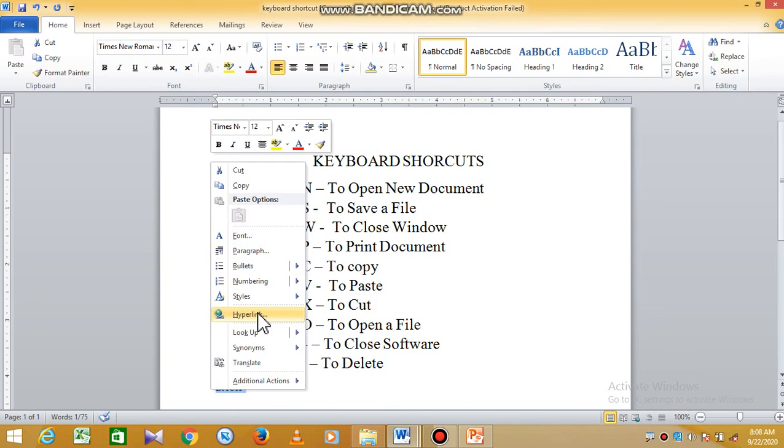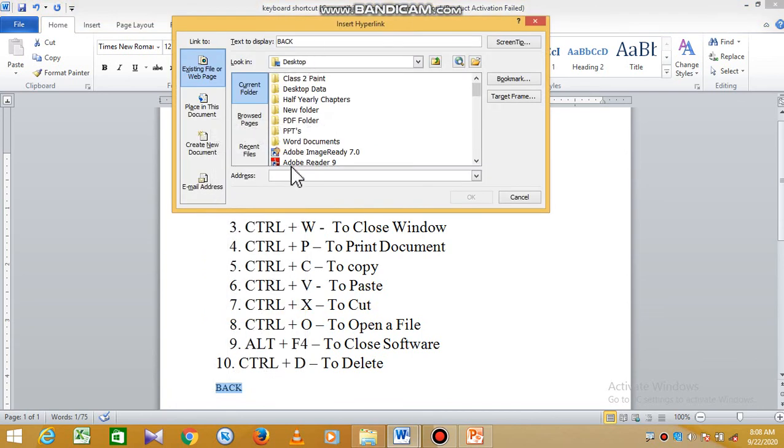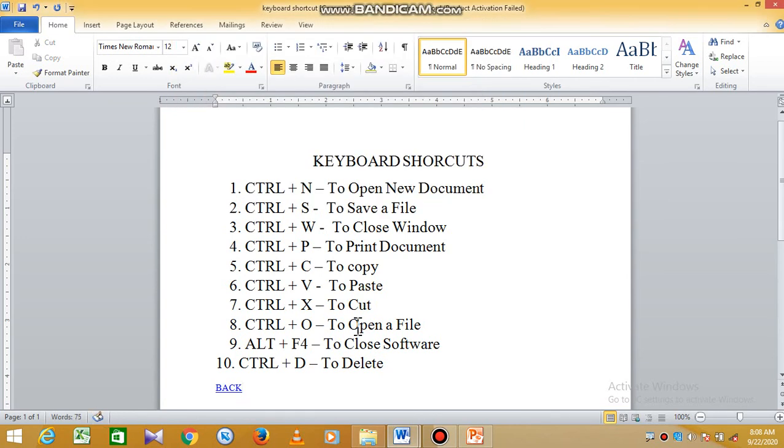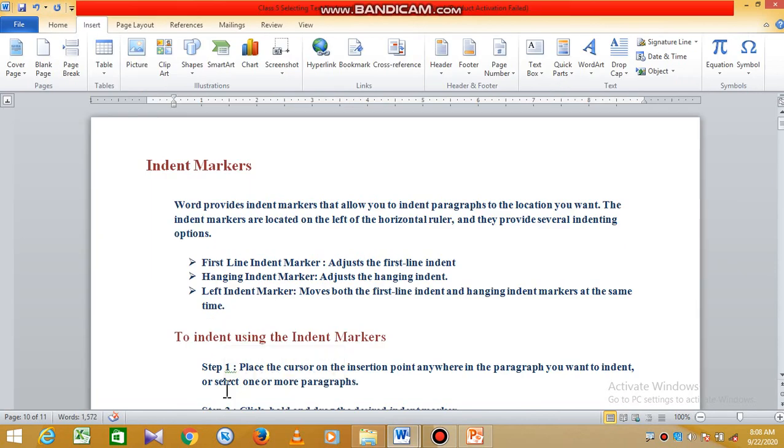You will find here hyperlink, and then choose your file where you want to jump. I want to move back to our previous file, so I will select it and click on OK. As you click on it, press control plus enter. You will move back to your file.